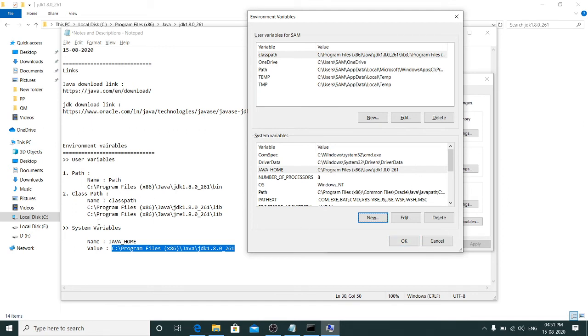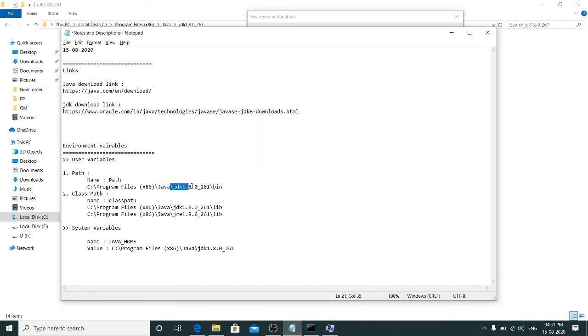Now just review again. You have to set up two things. One is user variables and the other one is system variables. In user variables, you will be setting up a path and a classpath. Path will have the JDK bin, and classpath will have two things: the JDK lib and the JRE lib, which have the libraries inside.